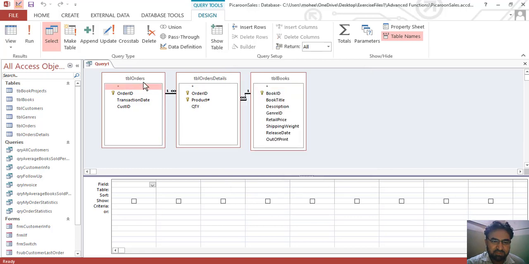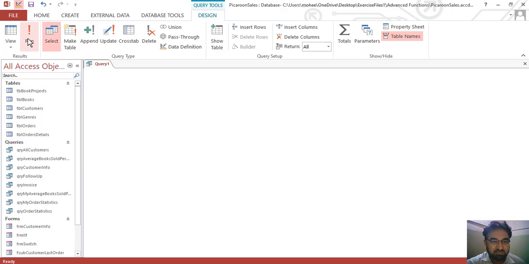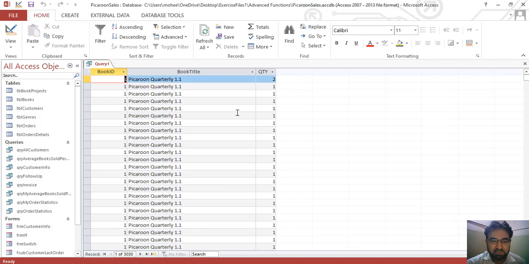So let me add book ID, book title, and quantity. With this added, let's run the query. How does it look so far? These are the data which is extracted, all the records of all time, and the total number of records is 3030.